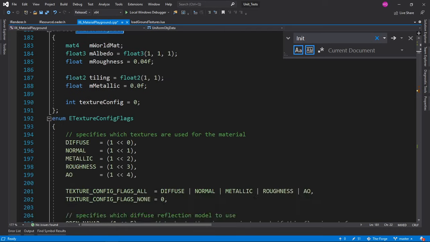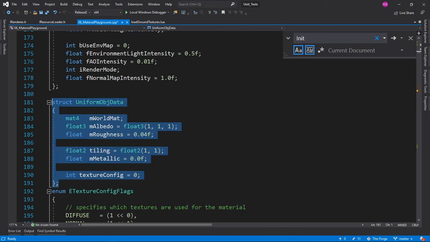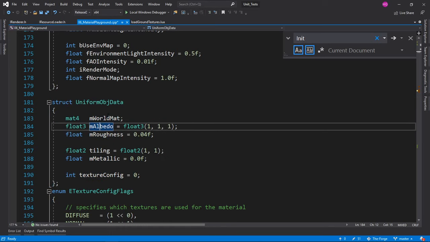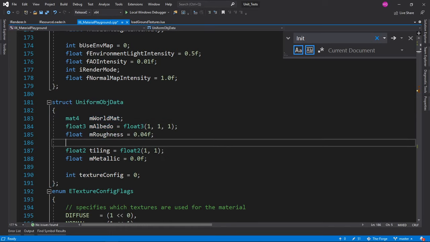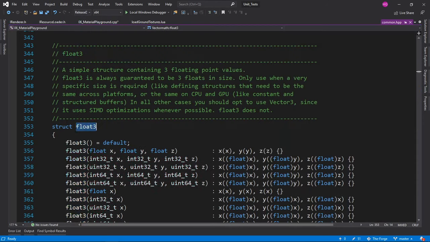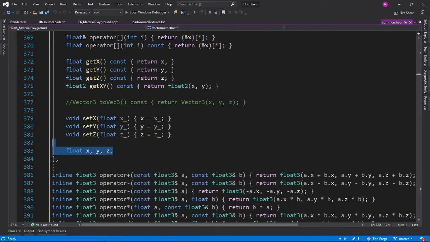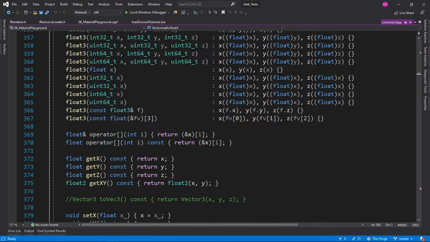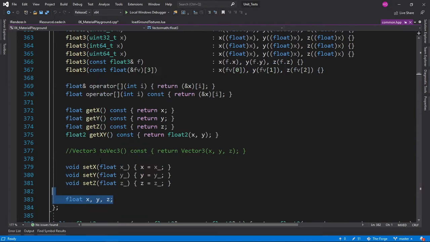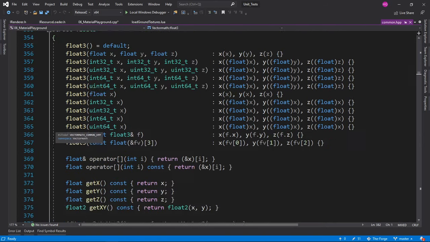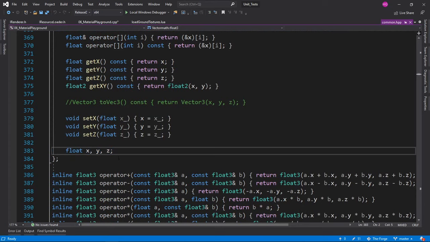Huh. So they're just serializing their data using this. It is interesting that these float3s are implemented as three floating points right there. This is not a good way to serialize your data, but it's a way. Each floating point is 4 bytes, so there's going to be padding here.